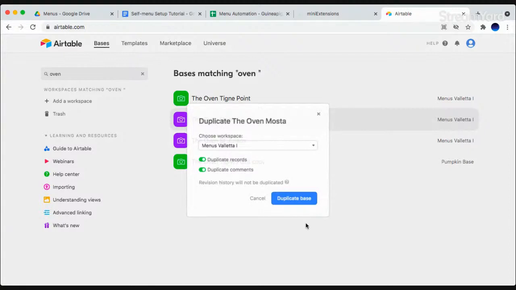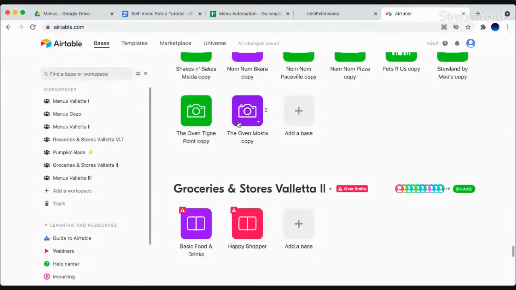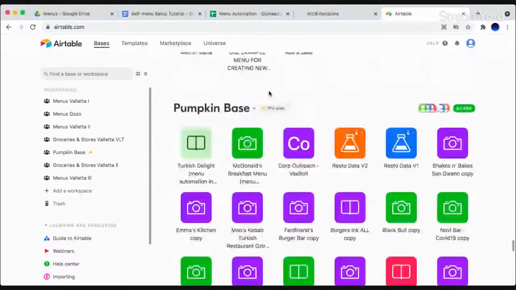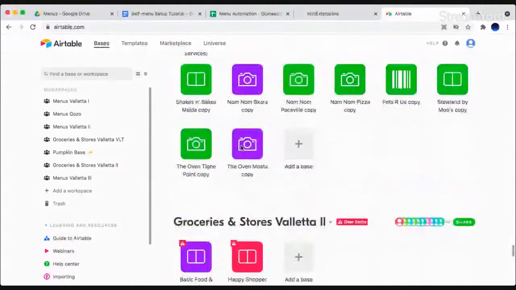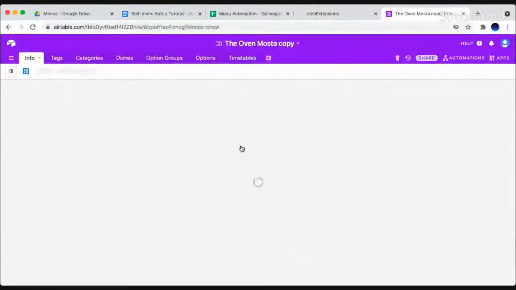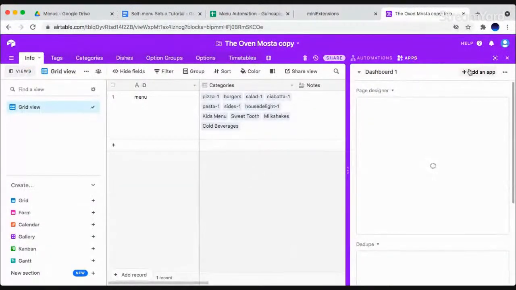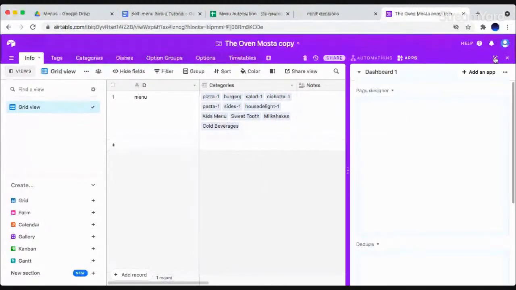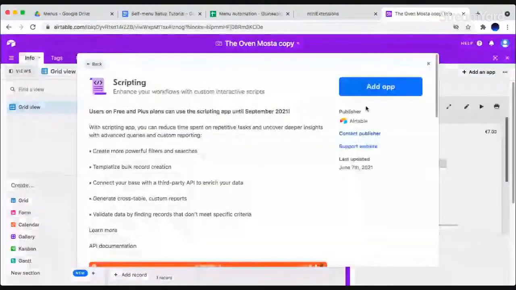We'll create a new base, and from now on, all the edits that the providers do will be under this new base under pumpkin. These guys are all under pumpkin base. We can double check that here. Cool. So we open our pumpkin base, the oven Mosta. We'd head over here to the right where it says apps, and we press it again. Add an app. Over here, there's scripting. So we add the scripting app,